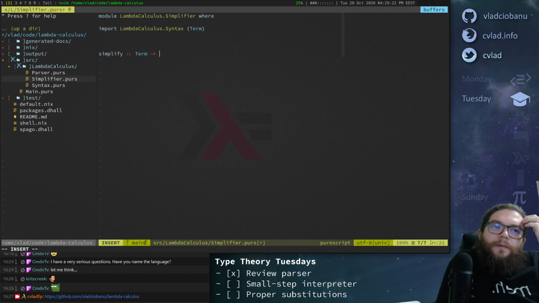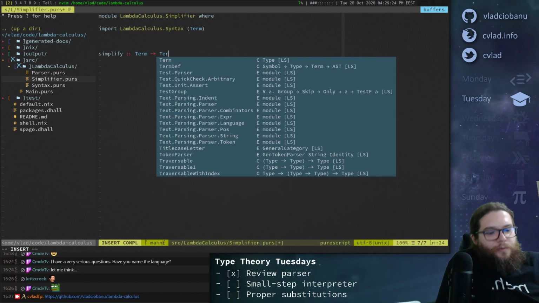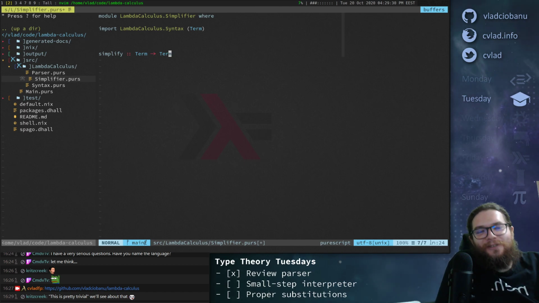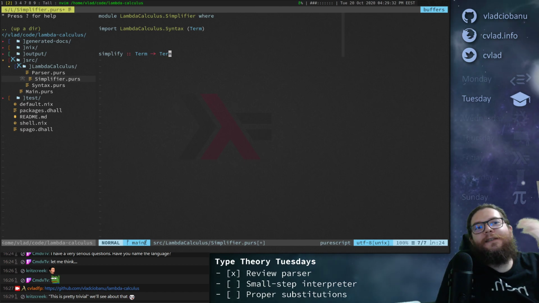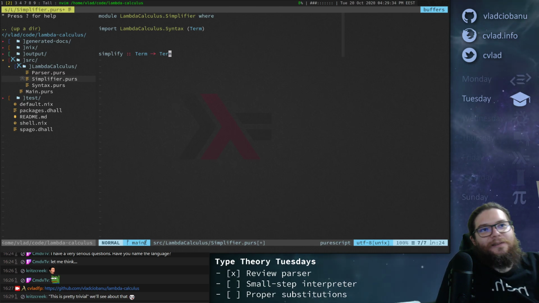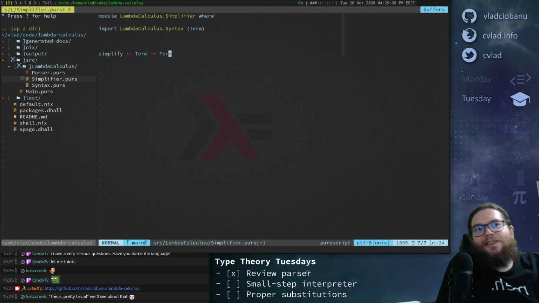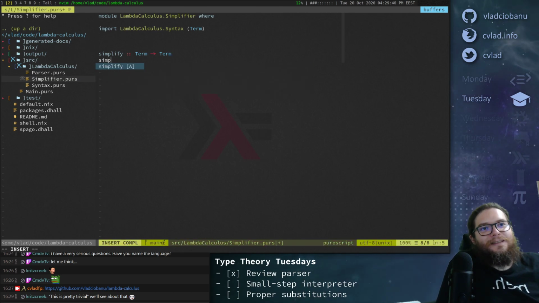Given a term, we just want back some term. No, I mean, okay, it's not trivial to write necessarily. It's trivial as in the function is very simple, right? That's all you need to do. You need to simplify a term. Now, whether the implementation is as simple, we'll see about that.